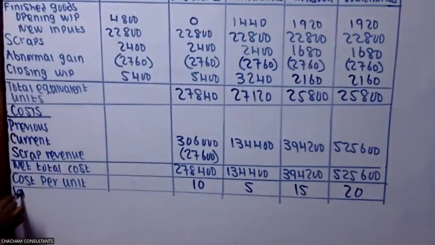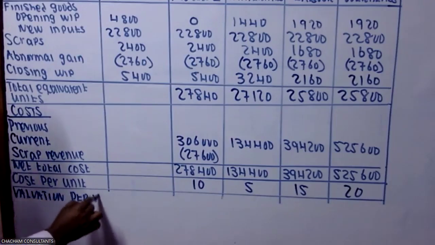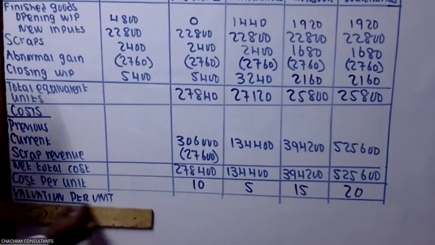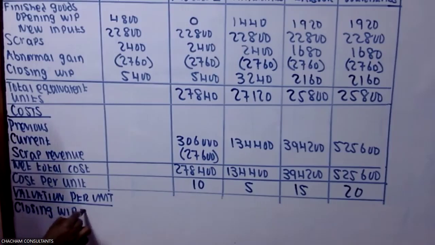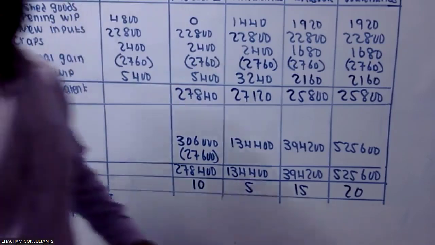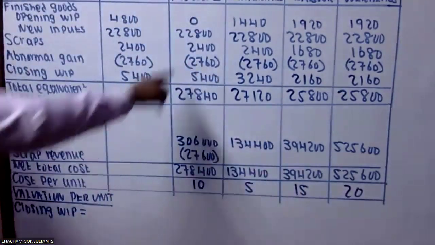In the valuation per unit, we start with the closing work in progress. So for closing work in progress, according to our question, it went through the previous process